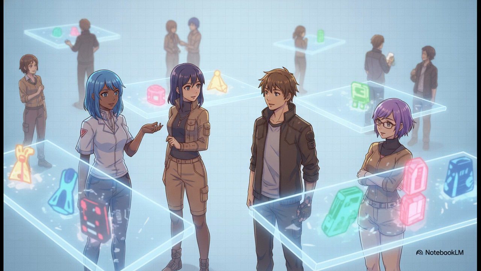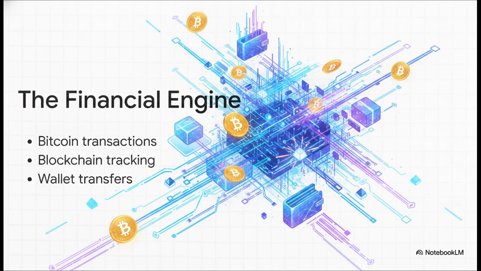Buyers and sellers interacted with complete anonymity, putting all their trust in that encrypted network to keep their true identities completely hidden from the authorities. But look, an anonymous marketplace is utterly useless if you have to check out using a credit card tied to your real name, right? So the crucial point is how they solved the money problem, which brings us to the financial engine of this entire empire.